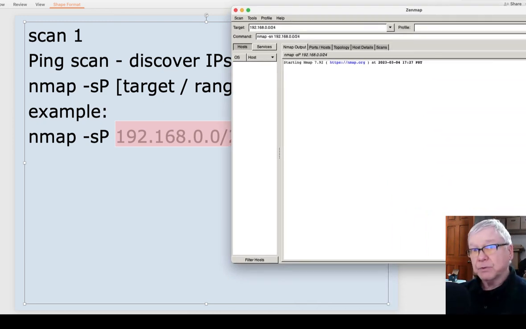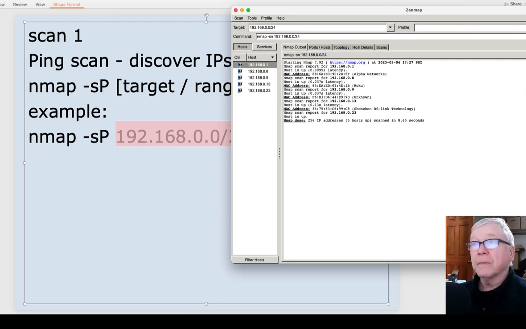And I would be capturing with Wireshark and then save once we're all done. And we're done. And so we see, here's our report. We see a couple of addresses currently running.